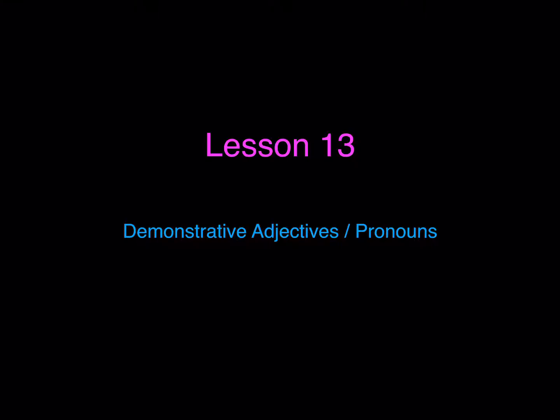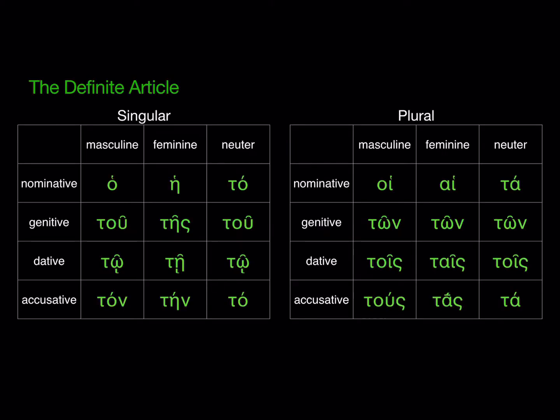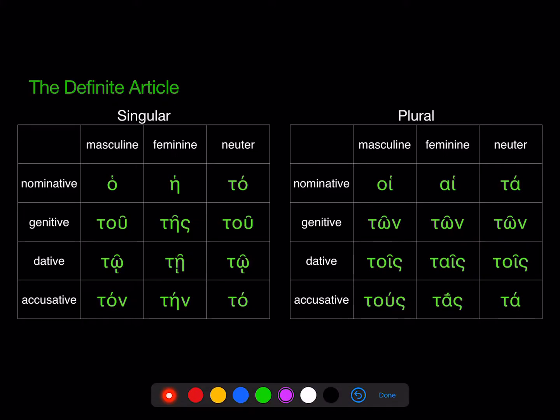All right, we're going to talk about Lesson 13, demonstrative adjectives and pronouns. To begin with, let's take a look at the definite article, which you should know pretty well by now. Take a look at these and then look at the forms of